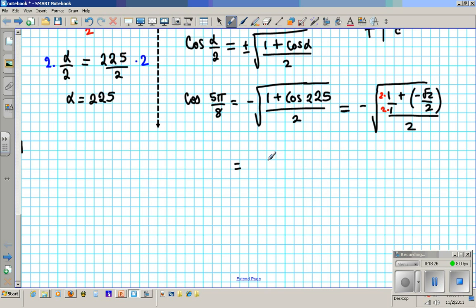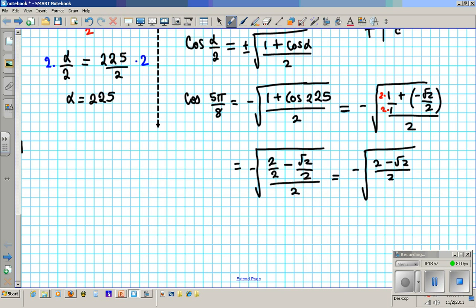So we're going to have the square root of negative the square root of 2 over 2, and then minus times plus is minus root 2 over 2, divided by 2. And then when we resolve the numerator, we're going to have negative the square root of 2 minus root 2